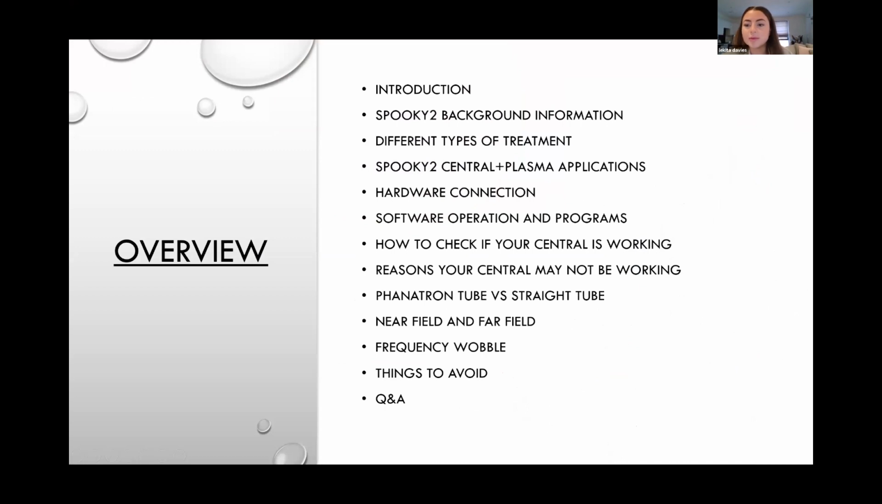So what am I going to be discussing today? Firstly, I'm going to start with an introduction, just a bit about me. Then I will be talking a little bit about Spooky2 background information, who invented Rife, and then I'll be discussing different types of treatment. And then I will be discussing Spooky2 Central and plasma applications, and then hardware connection,